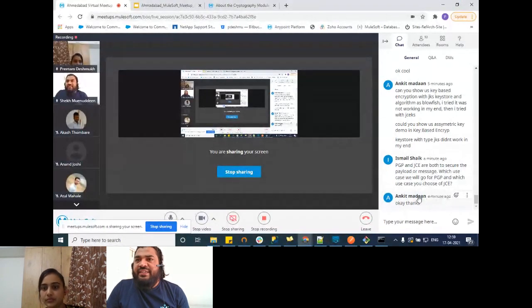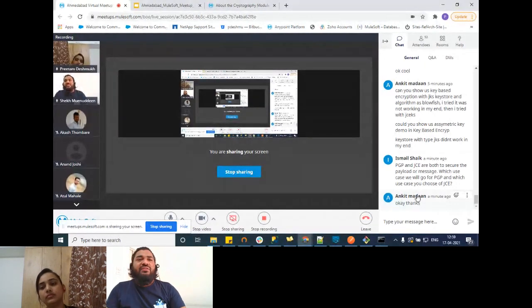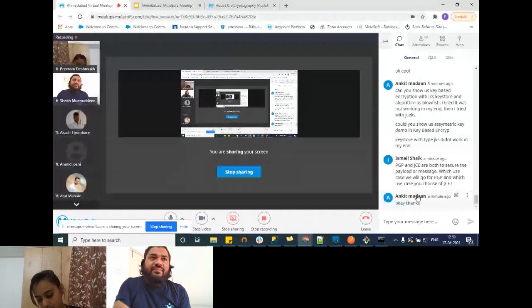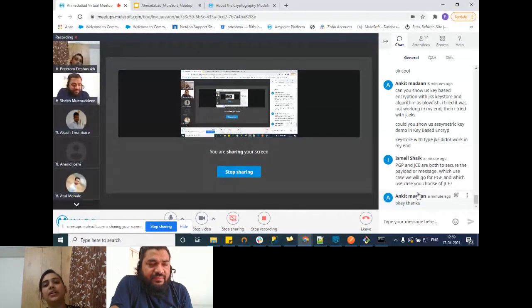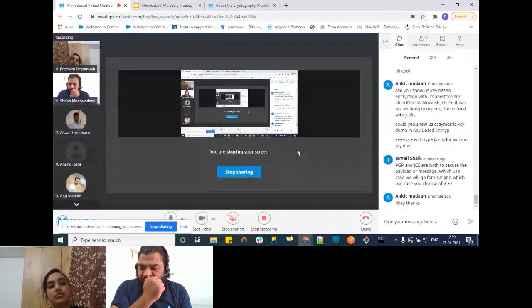One question we have: PGP and JC are both used to secure a payload or message. For which use case will we go for PGP and for which will we go for JC? It completely depends upon our requirement, what information the client is sharing with you and what encryption strategy the client wants to go for.